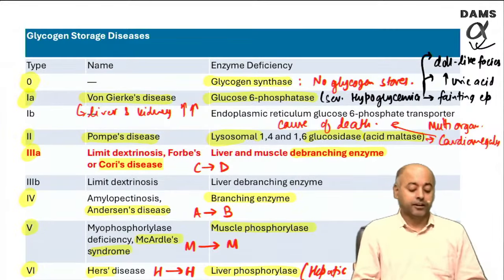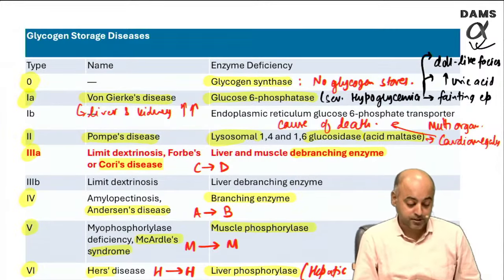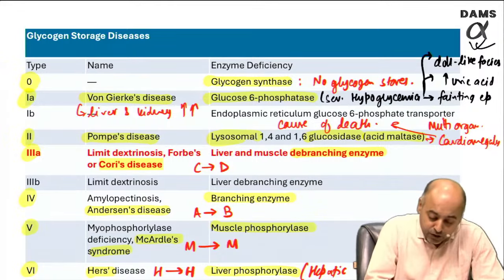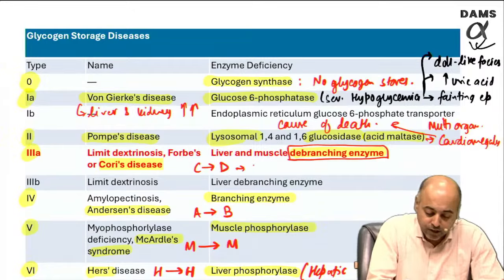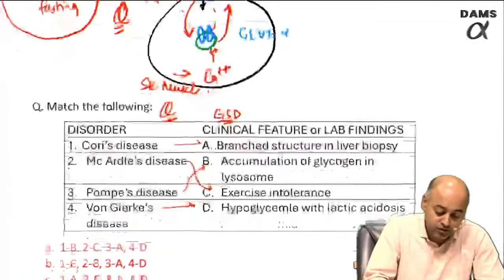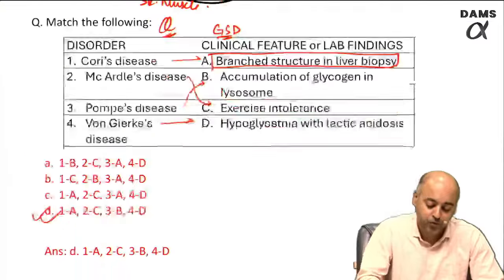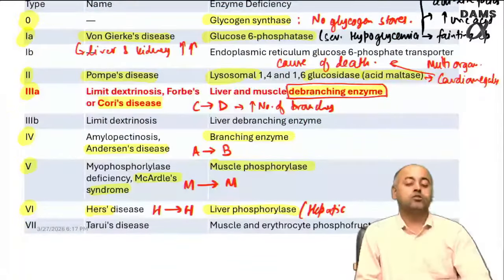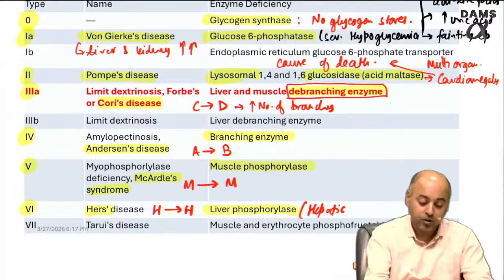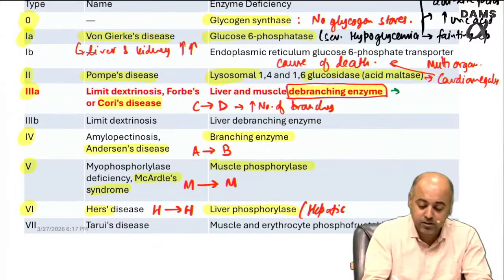Liver and kidney are enlarged in von Gierke's disease. In type 3, where you have the debranching enzyme deficiency, what you find is a very high number of branches. This is what we had mentioned in the question as well. If you see Cori's disease, branched structure in liver biopsy. So very high number of branches, one characteristic description which is there,